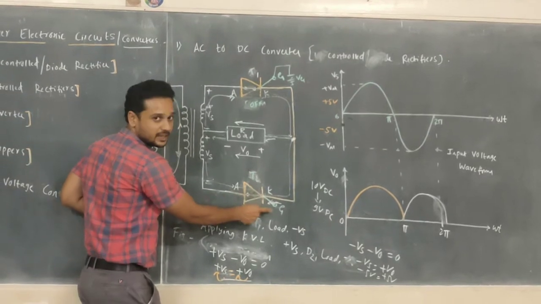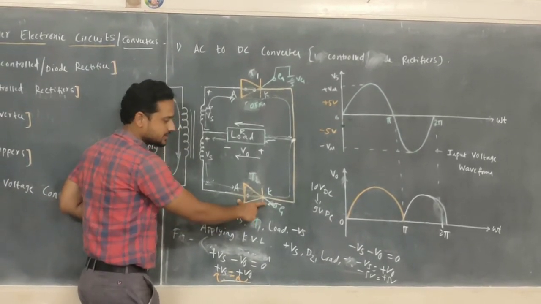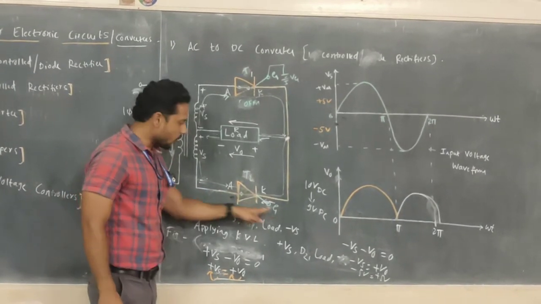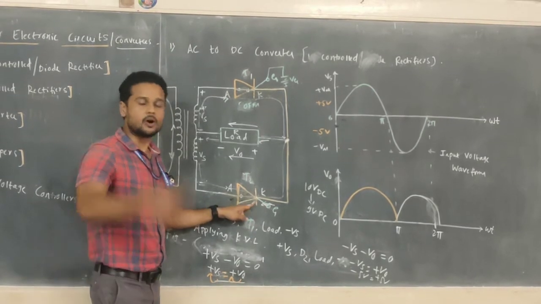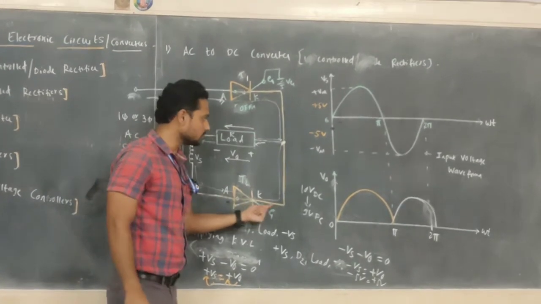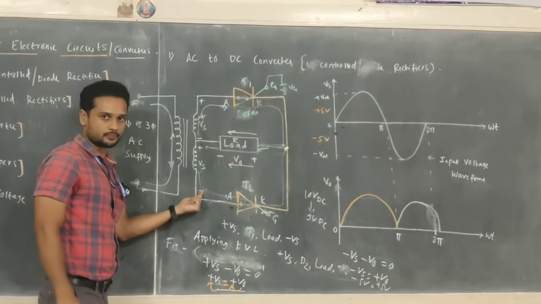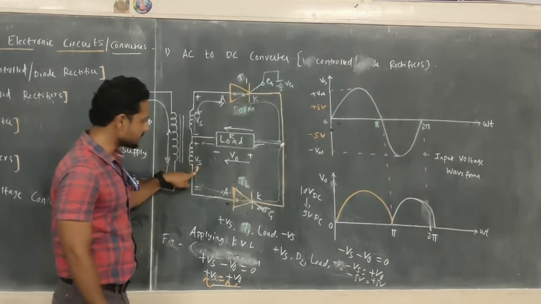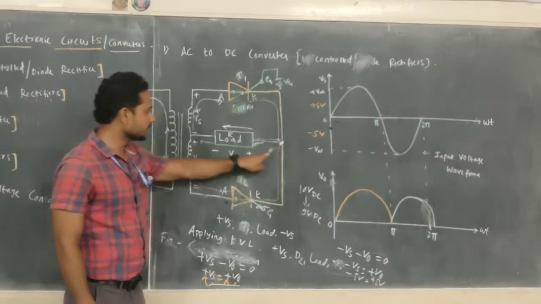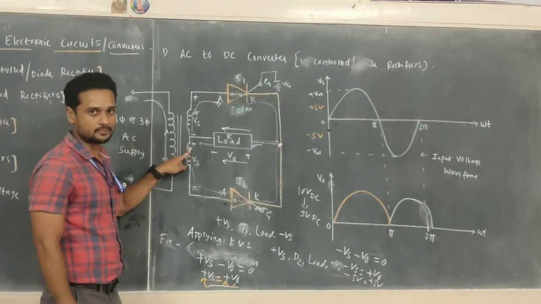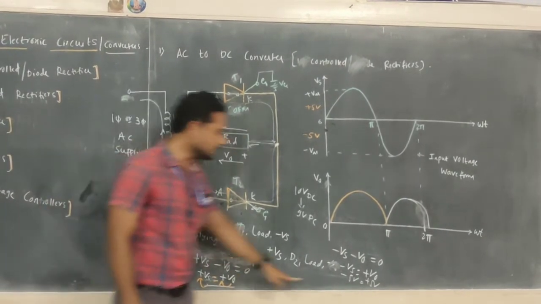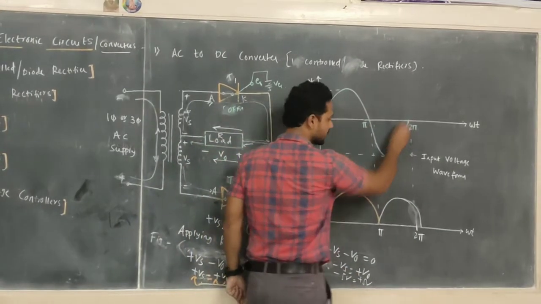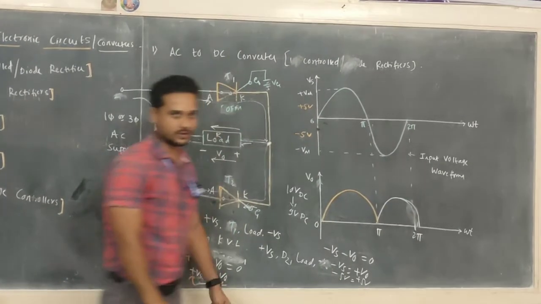If you are not applying gate voltage here, then this thyristor T2 remains in the off state only. It operates under forward blocking mode. Once you apply the gate voltage, the gate pulse here, then all junctions will be forward biased. Now current will flow through thyristor T2 and through the load. The direction of flow of current remains the same. The current flows from minus plus Vs, thyristor T2, then load, and comes back to the negative terminal of the supply. If you apply KVL here, you get the same thing: minus Vs is equal to plus V0. The value of input voltage in the negative half cycle will be equal to the value of output voltage in the positive half cycle.